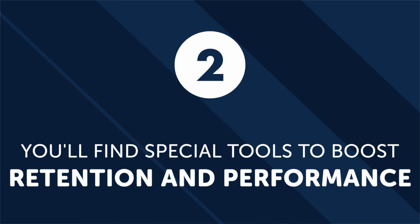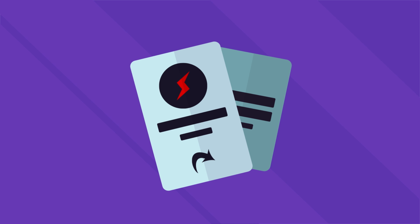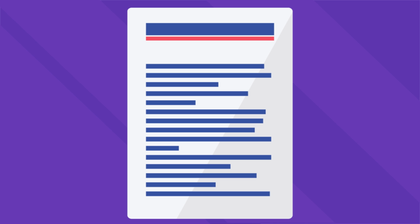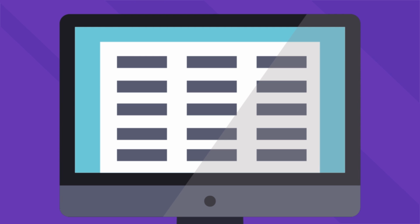Number 2, you'll find special tools to boost retention and performance. As we mature, learning to use the right tools is vital to getting jobs done fast and right. So we make it easier than ever to make learning in old age fun and rewarding with a wide range of tools to boost retention and performance, including spaced repetition flashcards, so you can learn vocab fast, line-by-line audio transcripts, so you can read along with each lesson, pronunciation and accent review, instructor lesson notes, review quizzes, 2,000 core words, enough for fluency. You are truly never too old to learn, with more than 20 tools and resources to help